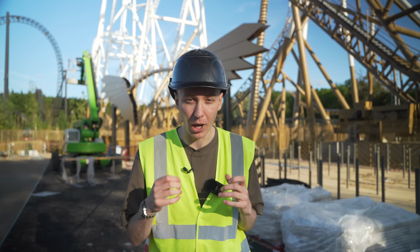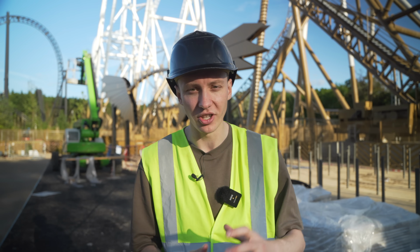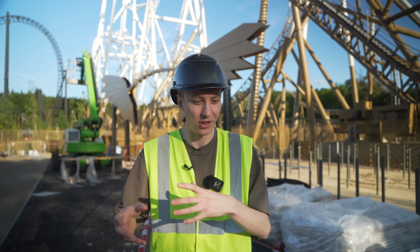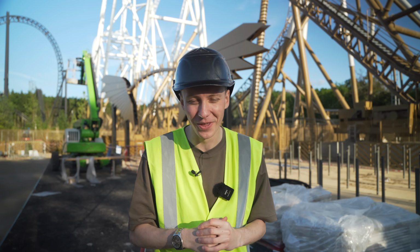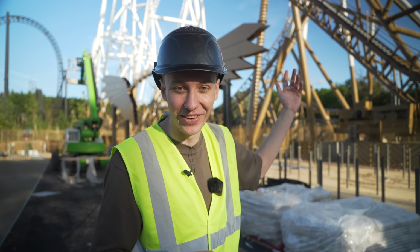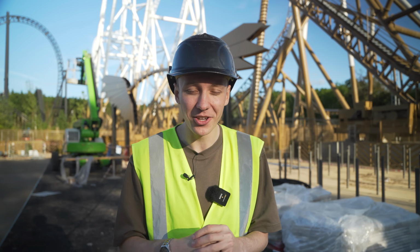But at the end of the day, when they need to empty these water dummies so that they can put the train back into the maintenance workshop, rather than just tipping out the water dummies, all they do is take the lid off the top of them and send the ride round. And it's amazing to see the water flying out,